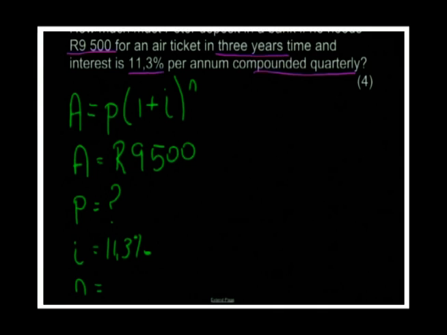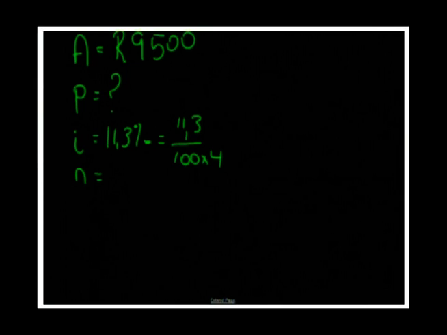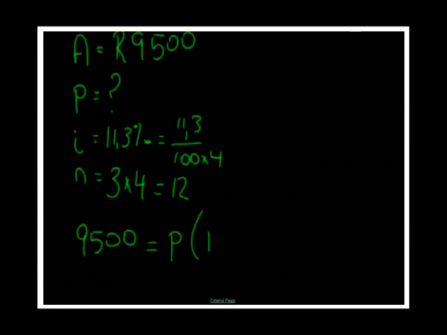It was compounded quarterly. I forgot to write that it was quarterly, and that means it is 4. So I'm going to make this 11.3 over 100 times by 4. Remember, I need to divide it by 4 times, and we've got 3 years. So my N was 3 years, but it is 4 times in the year, which is 12. And now we're going to plug that into our formula. So writing out the formula exactly the way that it was, I've got 9,500 is equal to P, open my bracket, 1 plus 11.3 over 100 times 4 to the